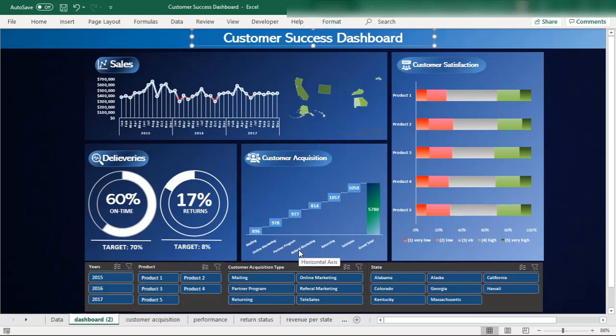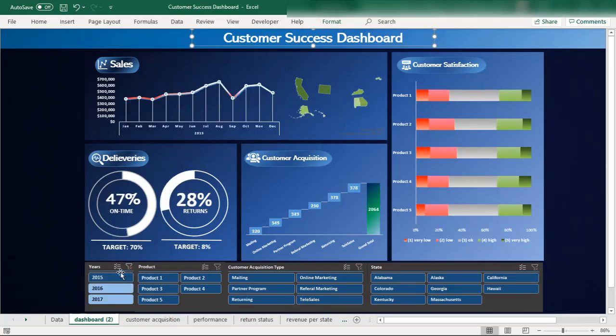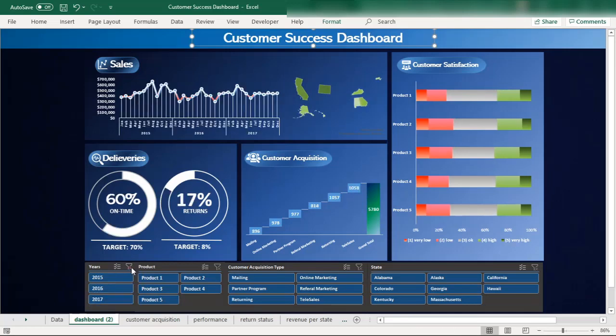Then we will create an integration between the slicer and all the charts here, so that when we click on any of the buttons in this slicer, all the charts will interact and update in the way that we have segregated the data. Now, in this episode, I'm going to start with designing the elegant, beautiful looking